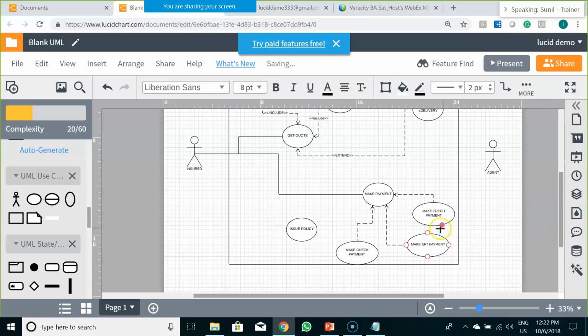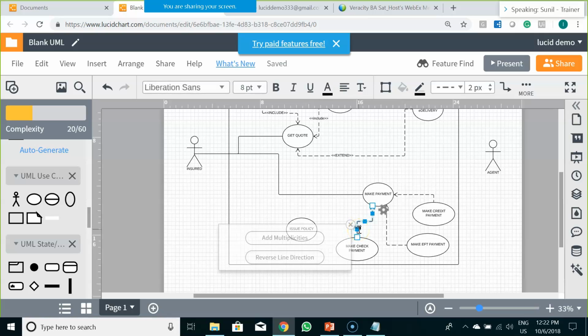Now, there would be some default payment that are already available. So those default payment would be always considered as include part. For example, if you are making a payment via check, so check is always a default payment method that insurance company has decided. So that would come as include.